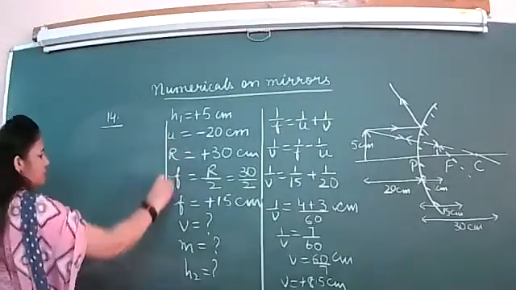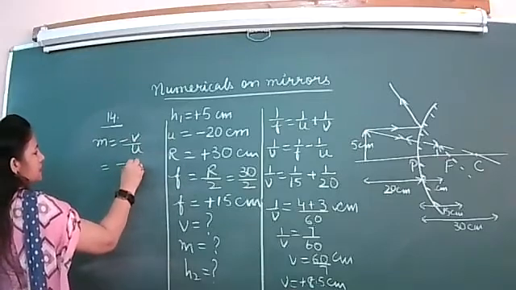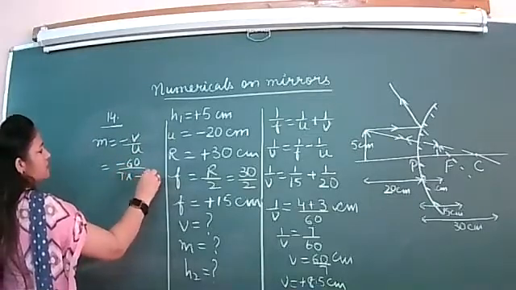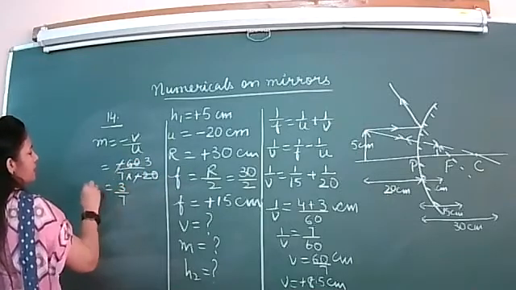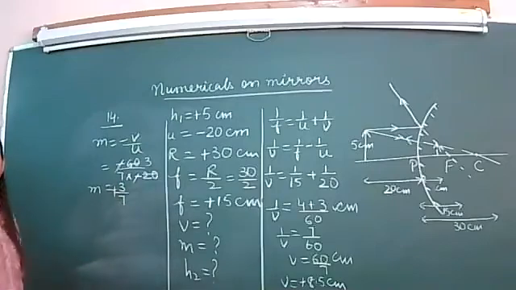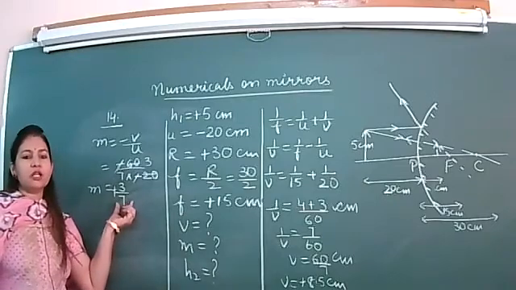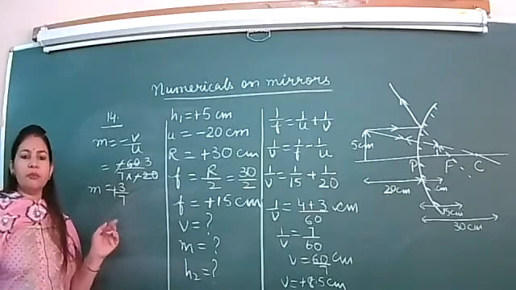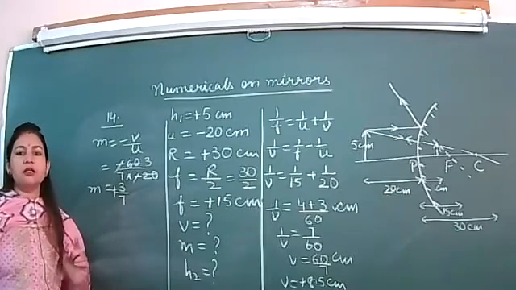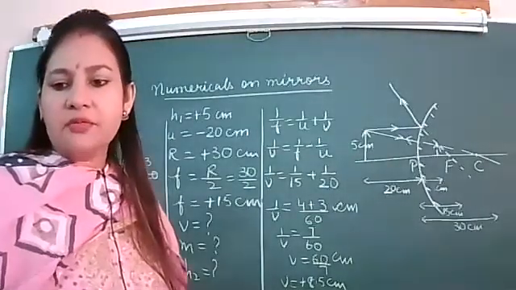Okay, so let us find magnification now. Minus V by U. Minus 60/7 over minus 20. Minus sign gets cancelled, so it is 3/7. Magnification is positive but less than 1. Positive sign shows that image is virtual and erect. And value is less than 1. That shows that image is diminished. Image is smaller in size. So that is confirmed. So what is the nature of image? It is virtual, it is erect, it is diminished. Two steps we have done.